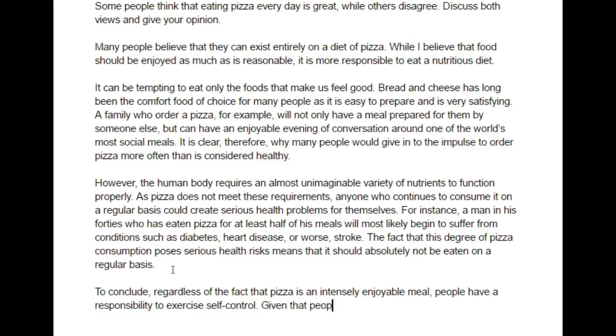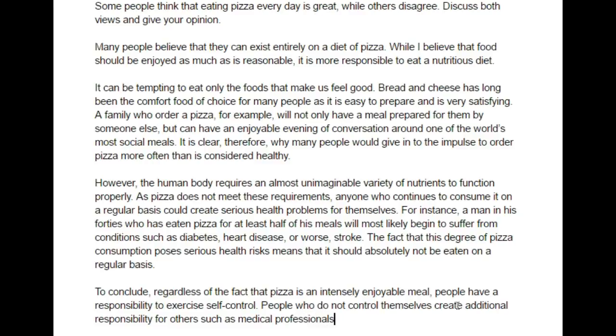Given that people who do not... tell you what, control themselves. Actually, no, wait. People who do not control themselves create additional responsibilities for others, such as medical professionals, and as such,